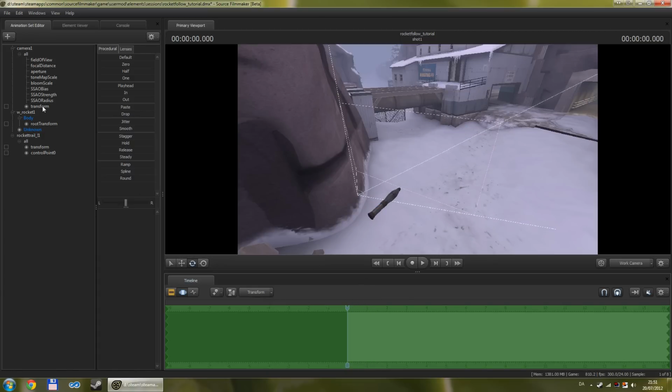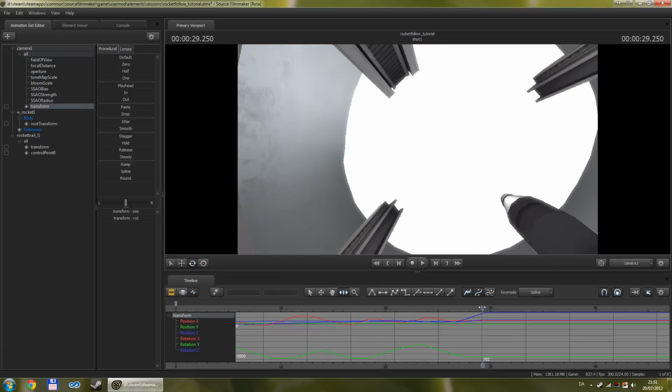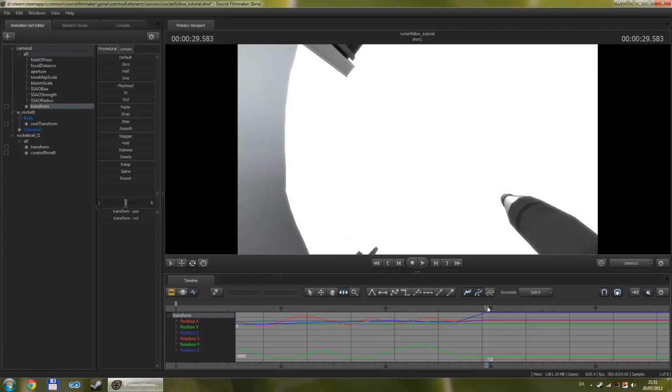So select the camera's transform, and then go to the graph editor. And just like with the speed of the rocket, we're going to set a bookmark on the beginning of the animation of the camera. So click the bookmark button, or press M, and then go to the last frame where it's animated. You can use the left and right arrow keys to go forth and back, and that's around here. Hit M,